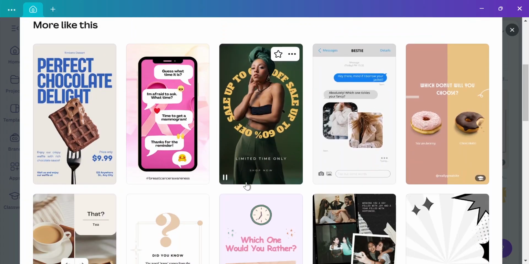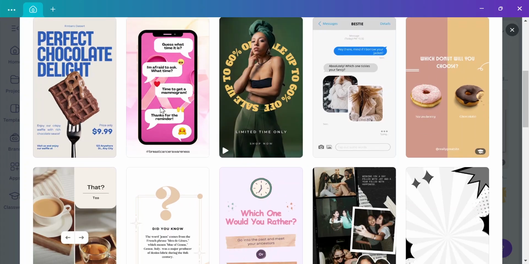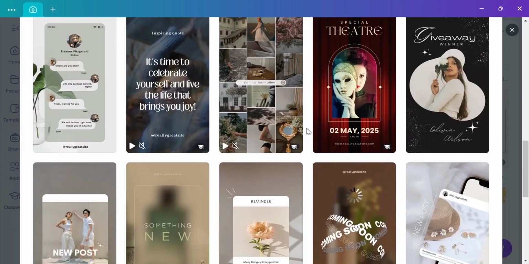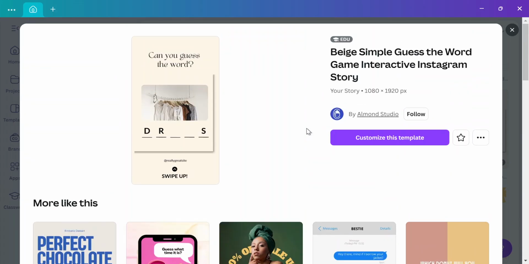Okay, we have the videos also. You can see below here, this is for breast cancer awareness. So we can use it for a cause or something like that. So let's assume we want to customize it. We just click on customize this template,